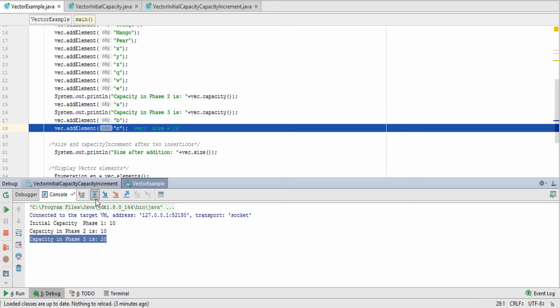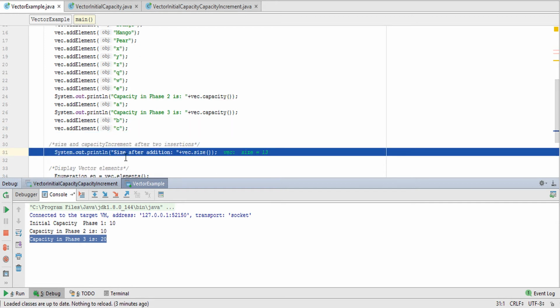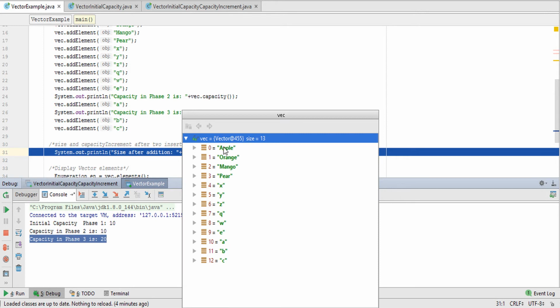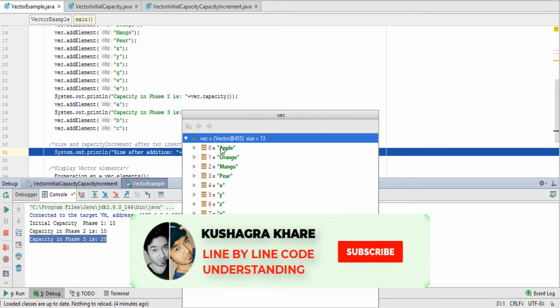Now let's insert c. The size has become 12, and let's move on. We can see that the elements are from 0 to 12, so that's 13.